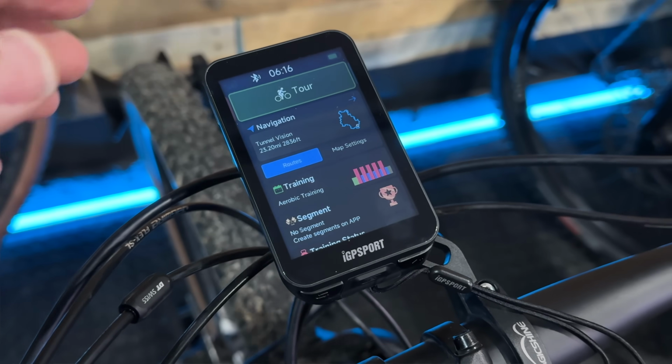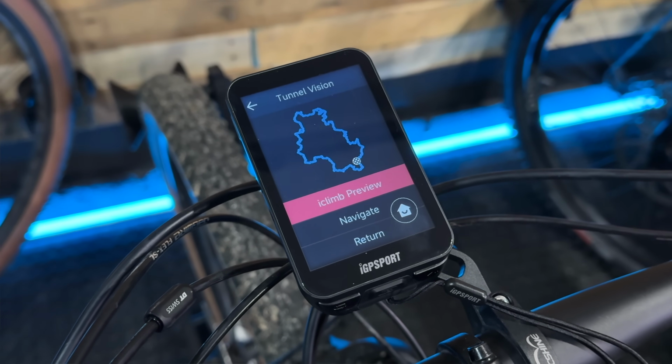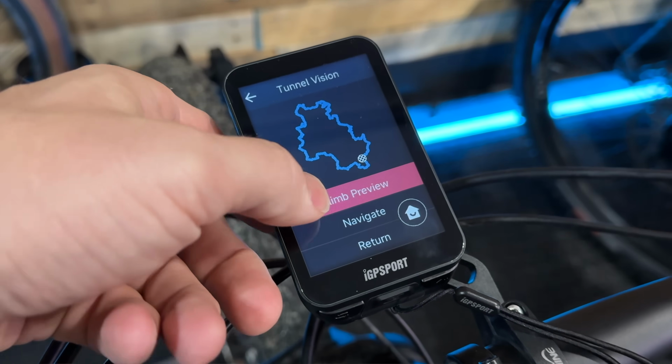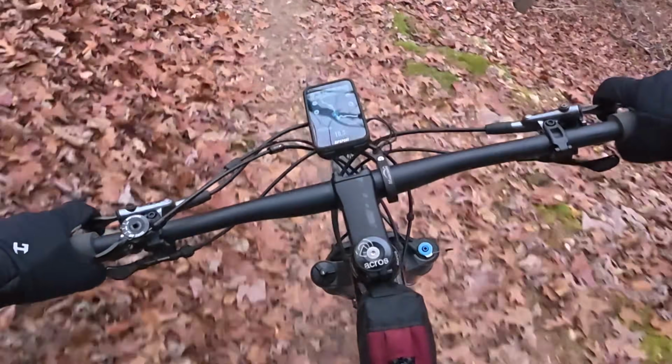Now, by far, my favorite feature of this entire GPS is definitely the GPS navigation on it. With this big screen, it's super easy to see where you're going. It's almost like having a small phone on your handlebars. So it is a little bit big, but you're easily able to follow that line whenever you're trying to navigate